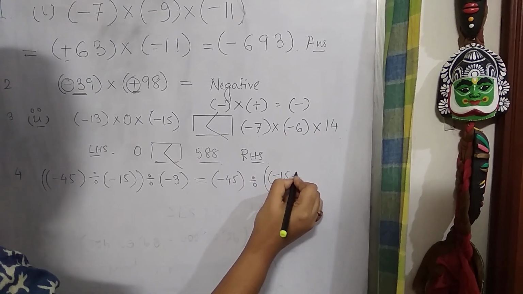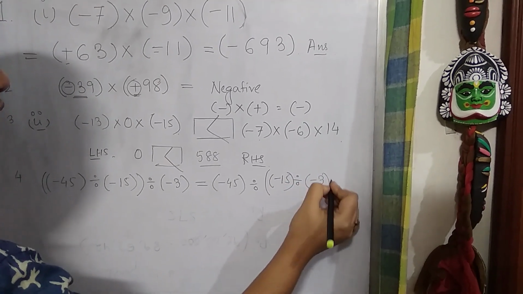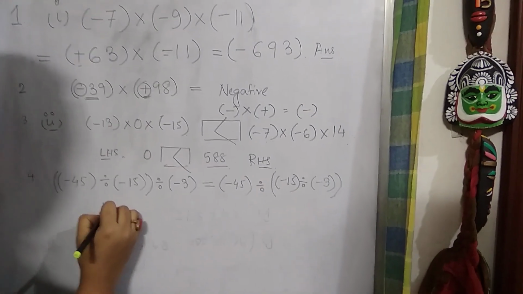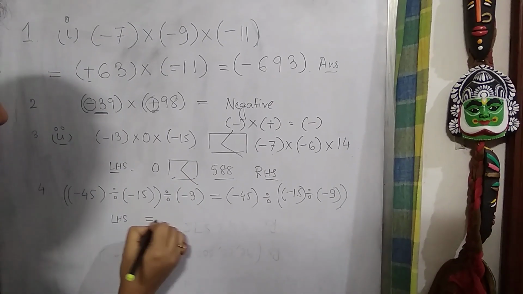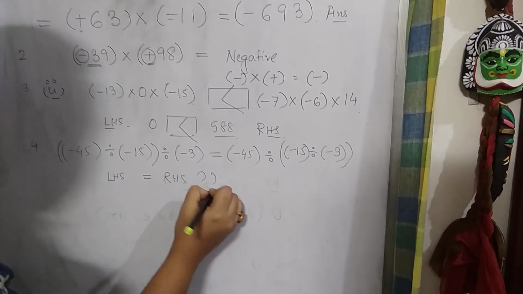Minus 15 further divided by minus 3 within the double bracket. Whether this left hand side is equal to the right hand side, we have to prove whether they are right